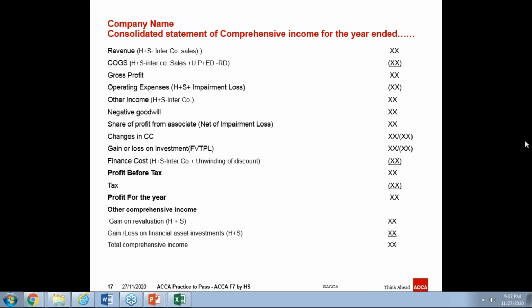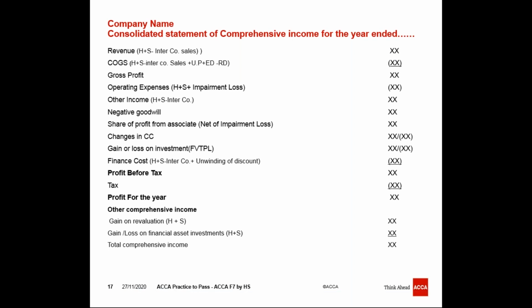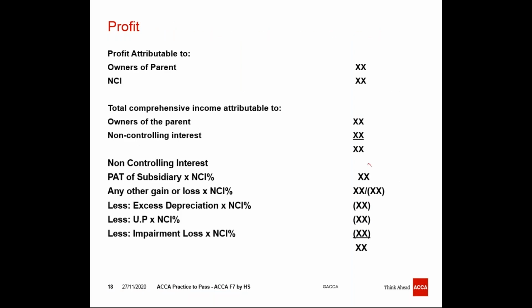Is that clear to all of you guys? So we still have 4 to 5 minutes. Okay. The next thing is this profit distribution. You have to distribute the profit between the group and NCI, and this is the format that you will follow for the calculation